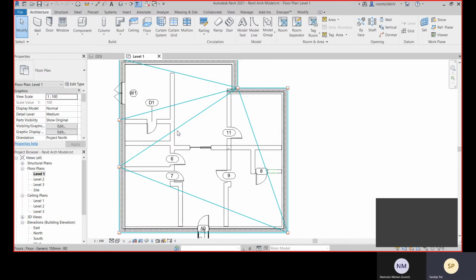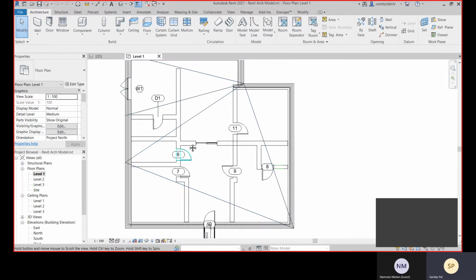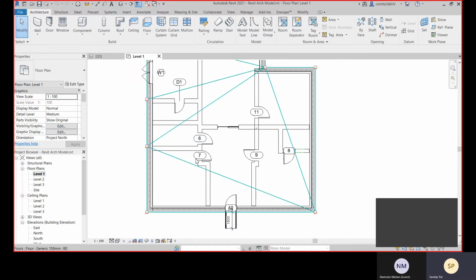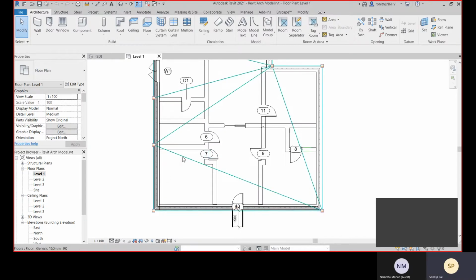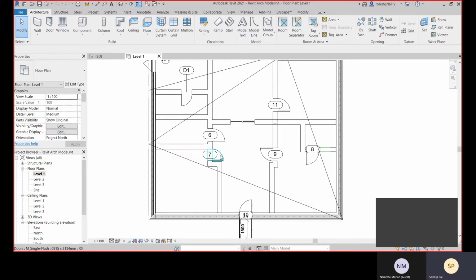Suppose you have already placed your text and all the labels. Those texts are not linked with your walls, so the text doesn't know that you are changing the layout. It cannot read your mind and update automatically according to your design.